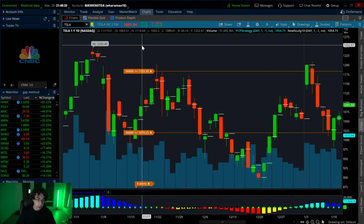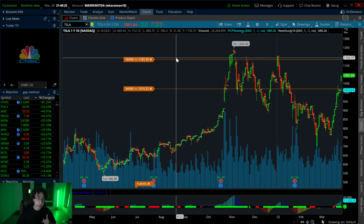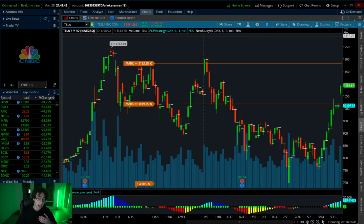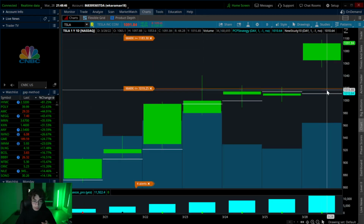Another thing I'm interested in doing, because eventually it's going to get there, is buying puts on Tesla when it has the first red day. So when this opens up red, and if it goes back to the previous closing price and reacts as a resistance, or if it just looks bearish at market open, it's not too far away from the previous closing price, it's not having a massive gap down, I'm going to be looking to buy Tesla put options on the first red day. Within time, this will go back to fill this gap below at 10.10,